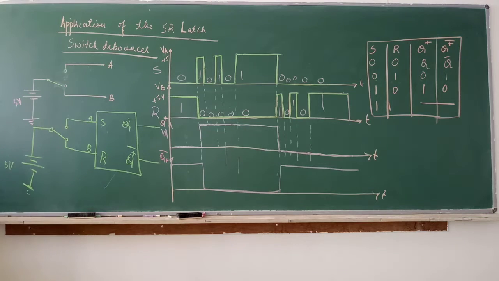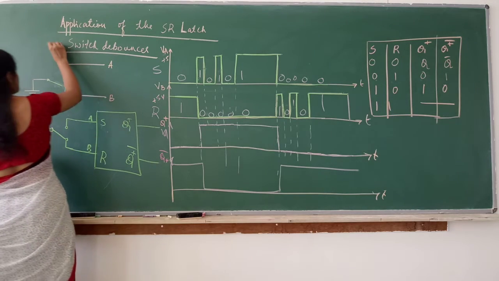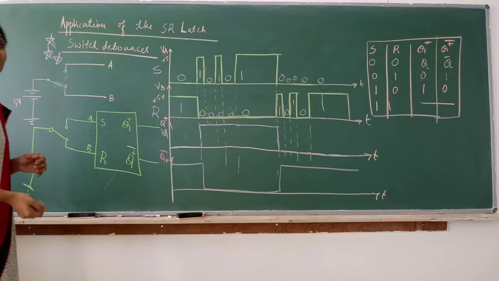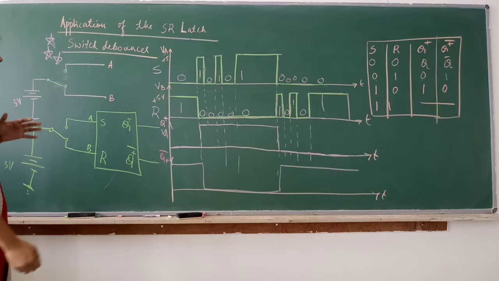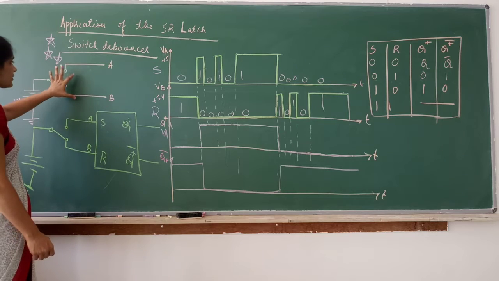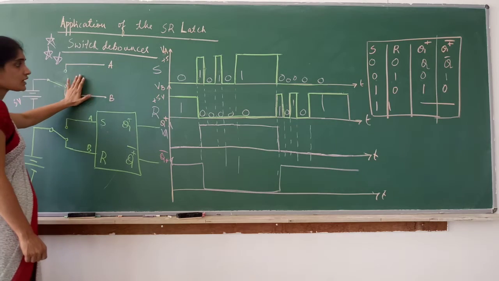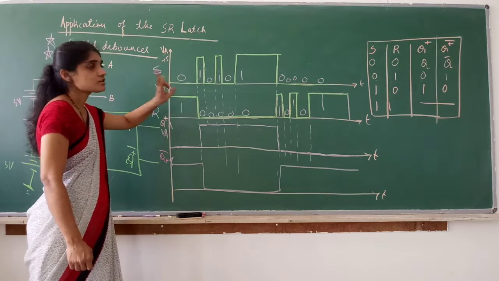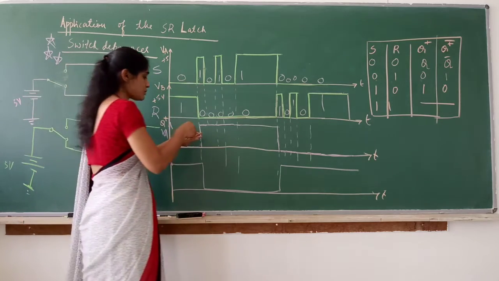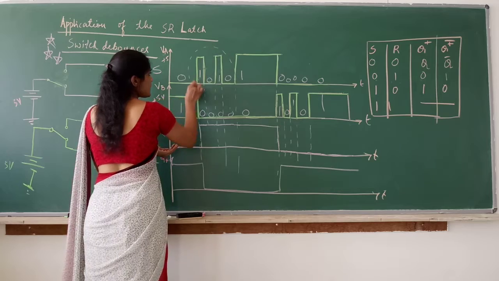Correct. So this is a very simple application of SR latch which is very important for your exam. Very important. Many times it has appeared in the question paper, previous year paper. So you have to write only this. Write this switch, normal switch. Write these two waveforms, 2 sentences of explanation telling what is actually switch bounce. You have to explain this part of this waveform.